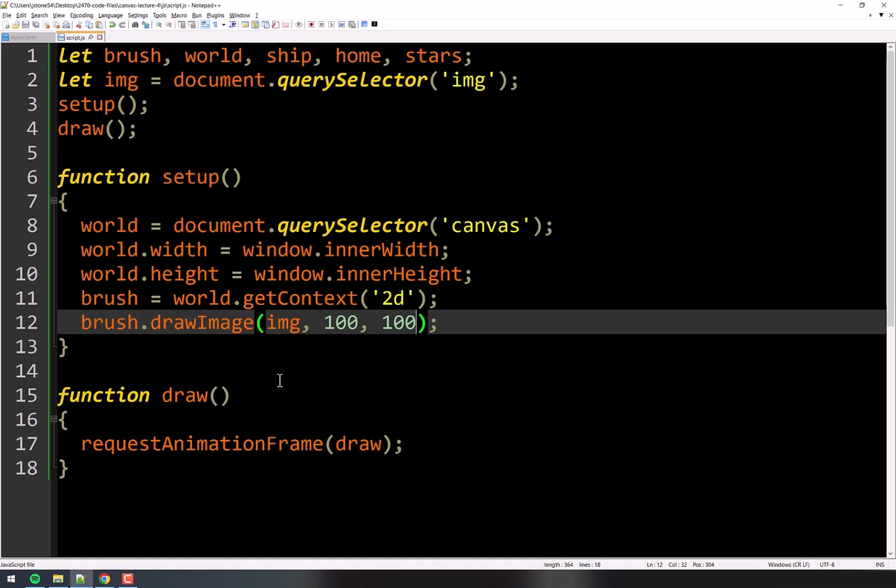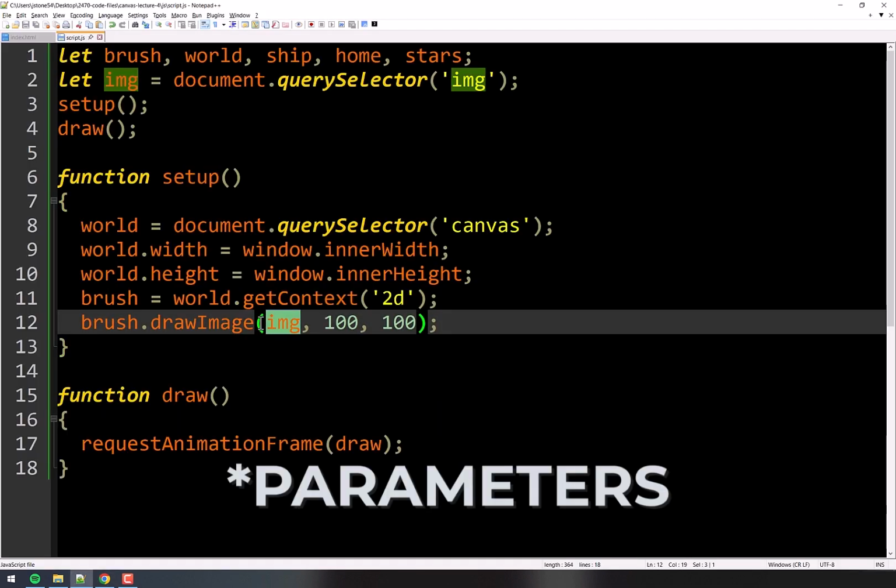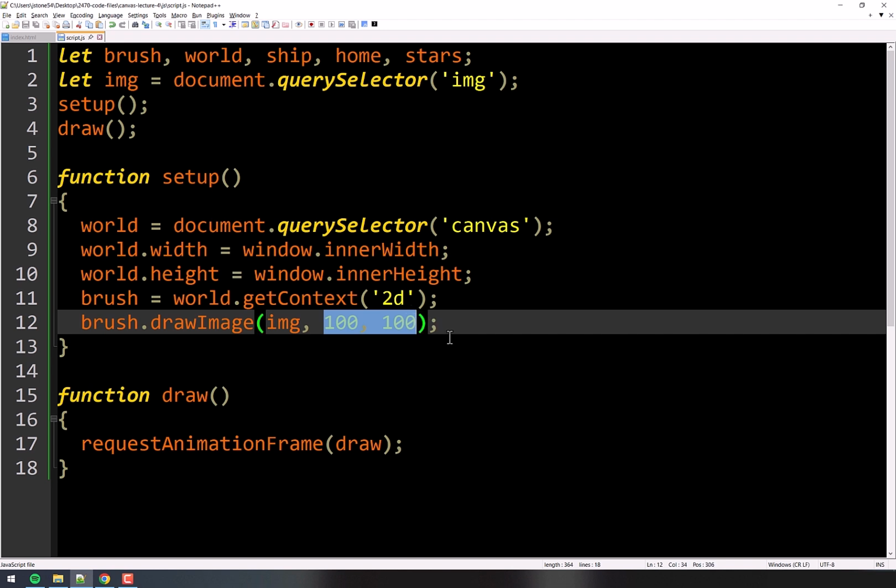So let's refresh that. And there it is. It's now drawn on the canvas. Okay, that's really all there is to it. Just this one line of code here. So drawImage takes in, again, 3 properties: the image that you're drawing and the position you're going to put it. Now we want to position that ship down to the bottom center. So we're going to have to do a little bit of math. Okay, we'll get to that in a minute.